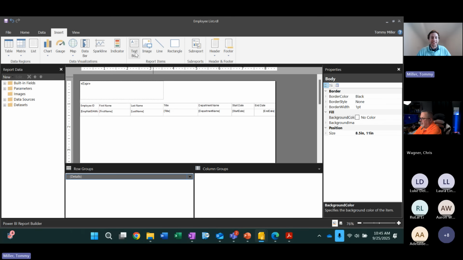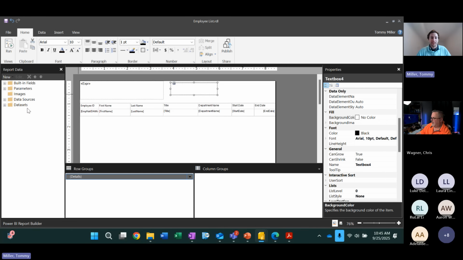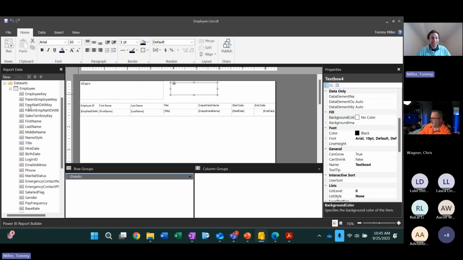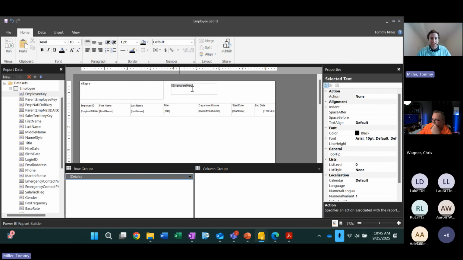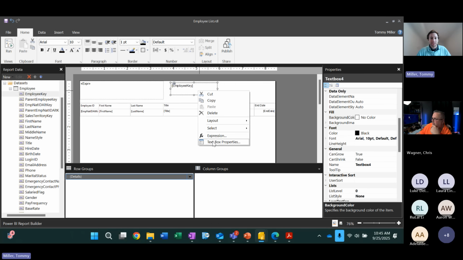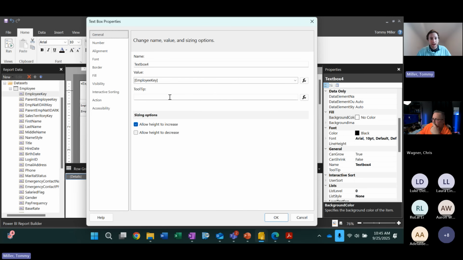The way that you enable the HTML markup is a little convoluted. So you need to start with an empty text box, and then you need to drag just a standard reference into it. So here I'm just going to grab the employee key and drag and drop it into the text box. And you'll see now when I right click on the text box and go to text box properties, I've got,